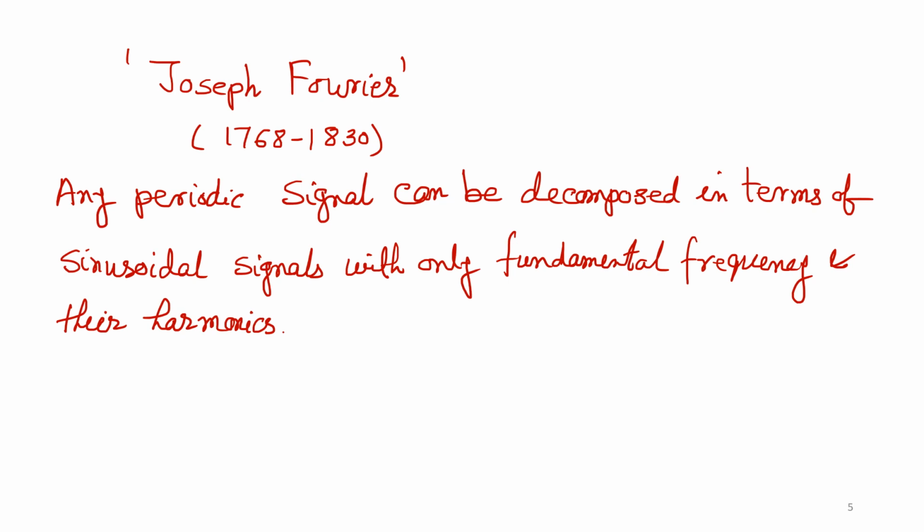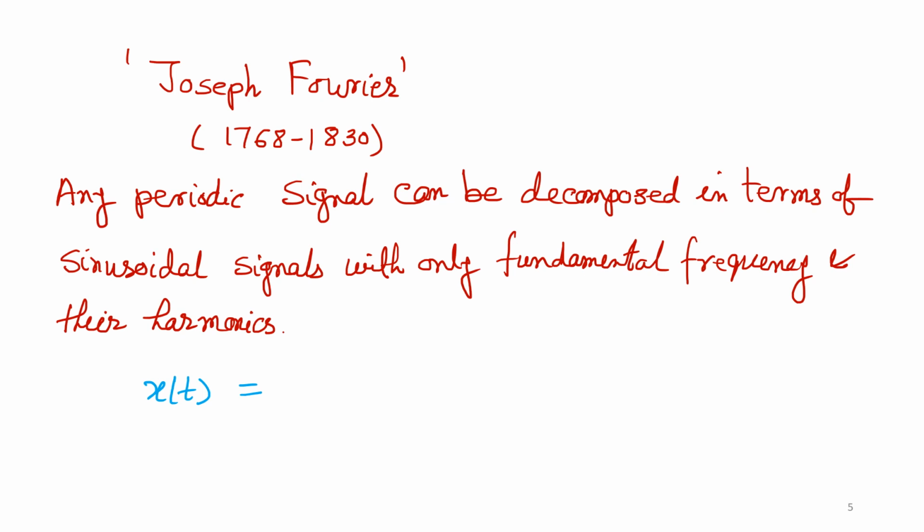This is important. So what it says is that any periodic signal can be considered as a summation of sinusoidal signals, and those sinusoidals are only the fundamental frequency and harmonics. Harmonics means integer multiples of the fundamental frequency. So with this we can say that signal x(t), if it is periodic,